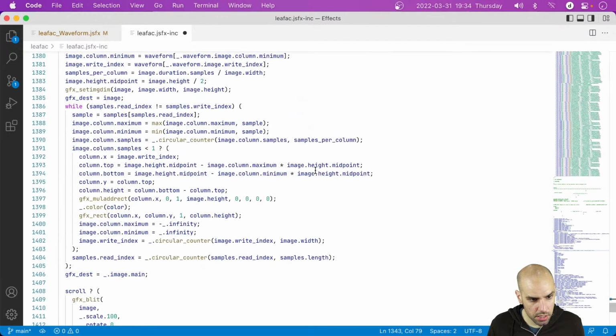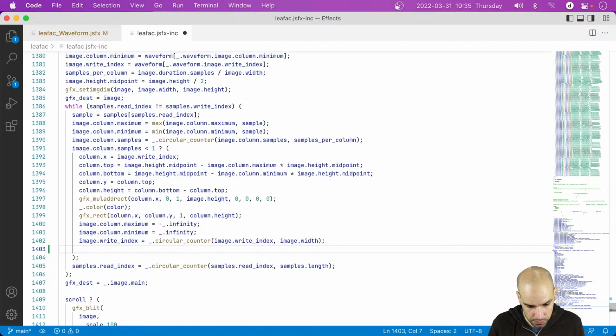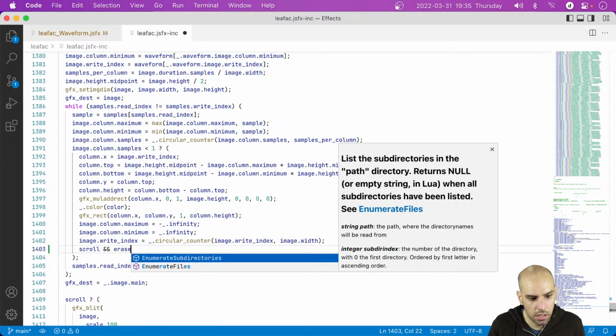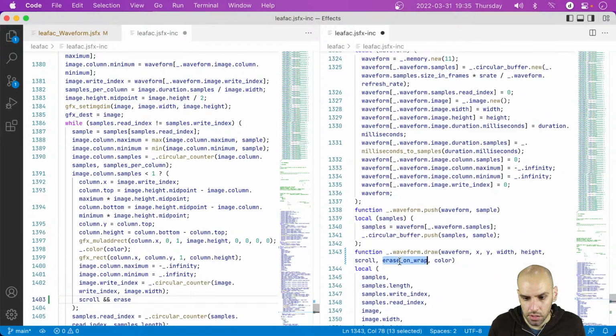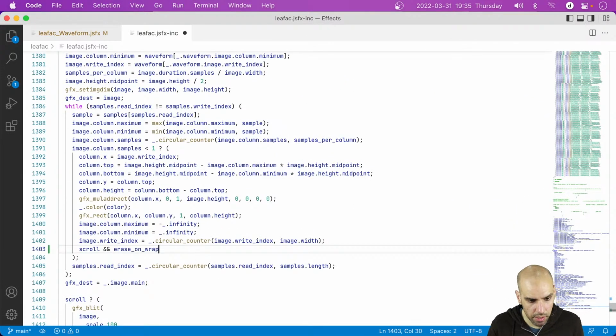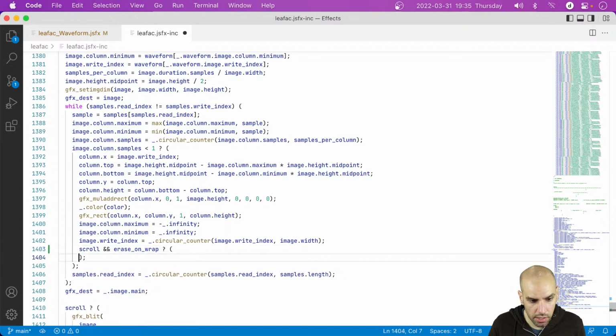So this is going to be here. When this happens, we are wrapping around. We are taking the right index and moving it to the left. So what do I want to happen there? If scroll and erase, not that, erase on wrap. If I am to erase on wrap, then